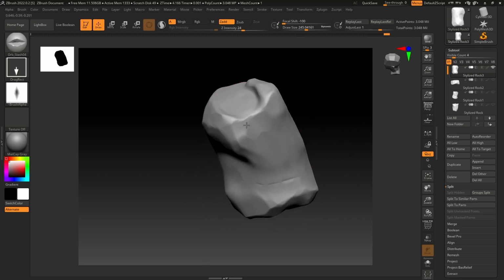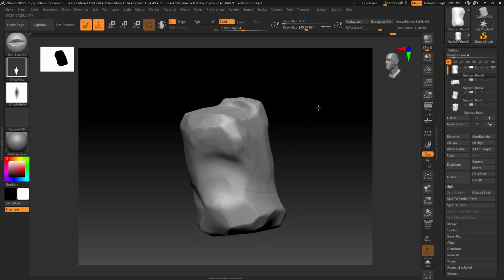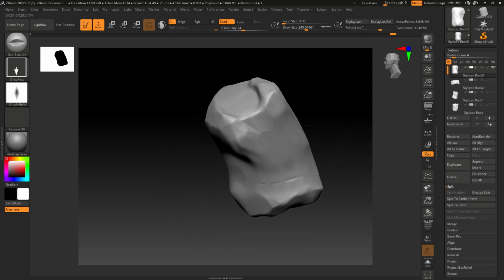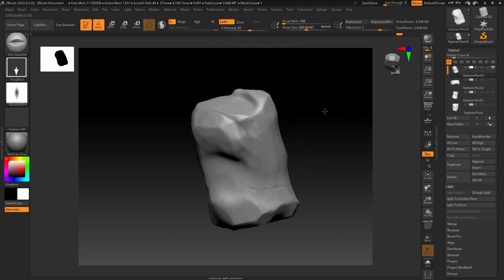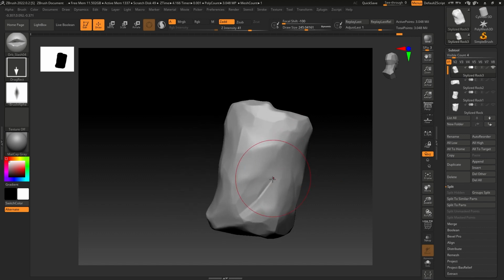and one on the top like this. If it's not deep enough, you can increase the intensity and then add again like this. One here,